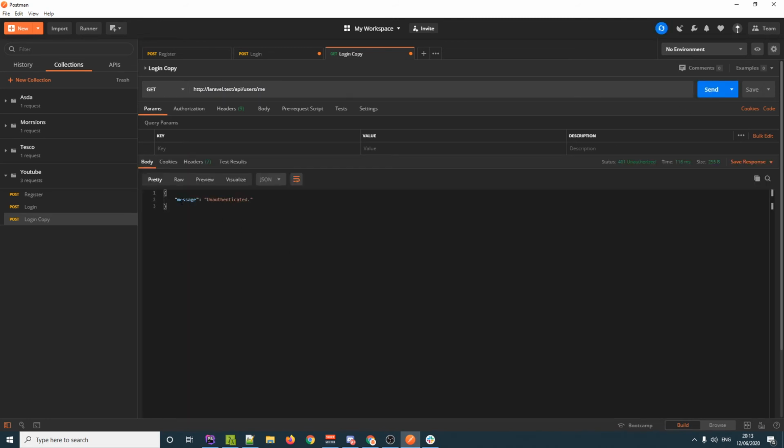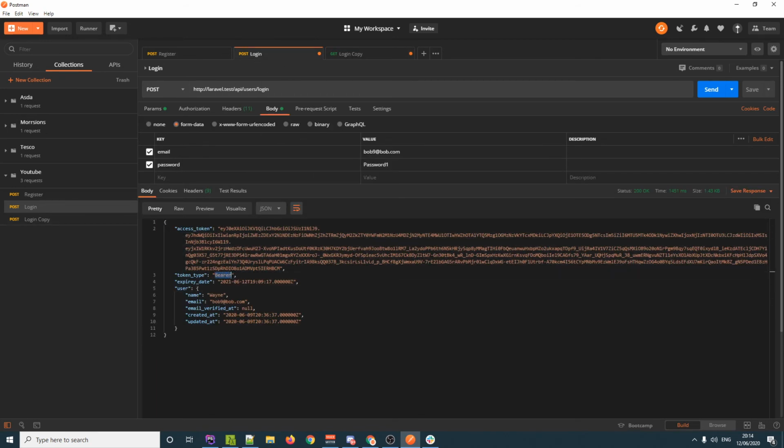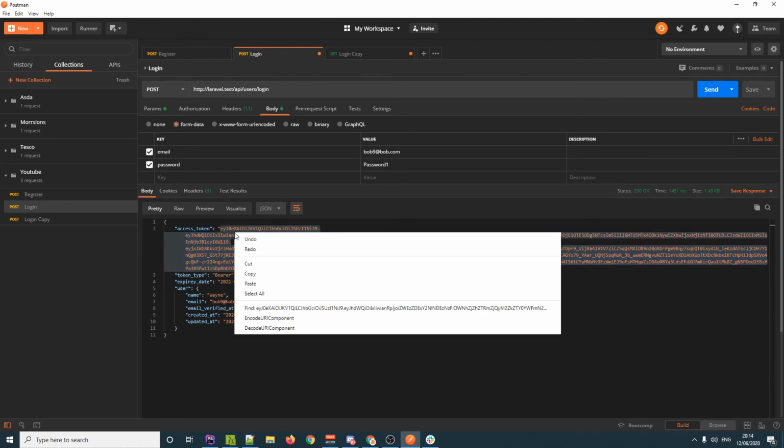So if we hit send, notice we get this message saying we're unauthenticated, or unauthenticate. I can't say that word, it's terrible. But basically, this is saying that the user that's trying to get to this endpoint is not allowed to, because we're not passing anything to the endpoint saying that this user should be allowed to. Now remember, when we did that login, it gave us this bearer token here. Now this bearer token is going to control all our user information inside this token. So this is very valuable, this token, because this is what they use to verify the user wherever you go. So we're just going to copy this